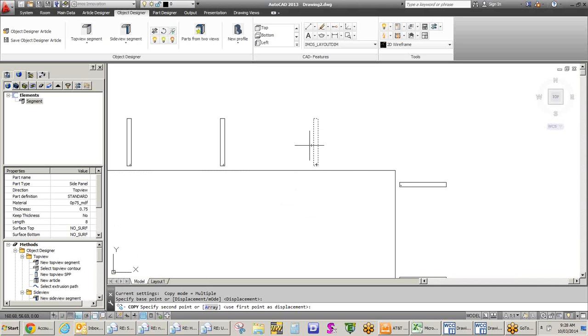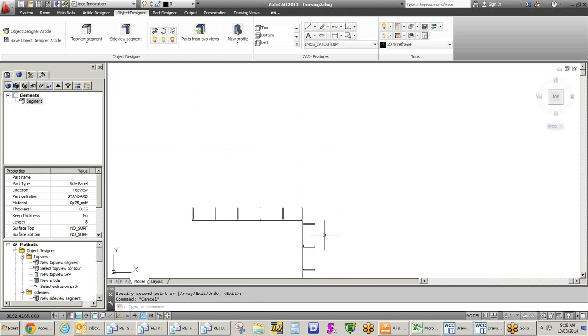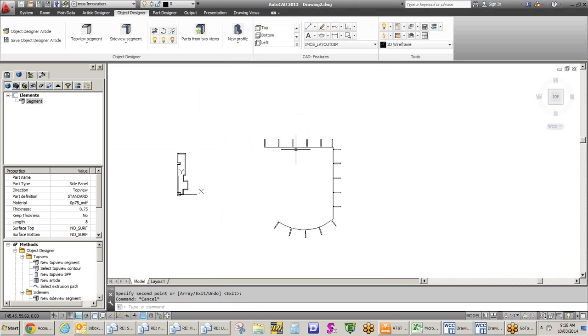Maybe I want to add additional studs or place the position of where they might go. In this case, I'm going to place an extra stud here, and I'll just say that I want to take it from here. Maybe I've got a location that I want to be able to double up studs, whatever I need to do. So now, if I wanted to be able to work with this, I literally could say